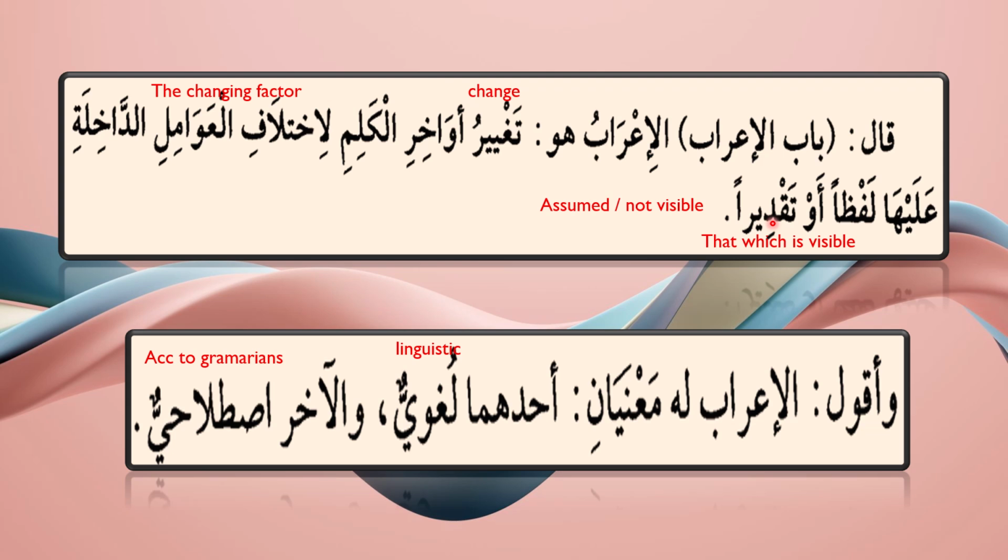And according to the author, Muhiyuddin, he says Arab has two meanings. One is the lafziyu and the other is istilahiyu. So in this book, you will always come across these two kinds of meanings, lafziyu and istilahiyu. Lafziyu means in a local language, in a simple language, what you understand about the Arab. But istilahiyu means according to the scholars, according to the grammarians, how they see the definition of a particular word in grammar.